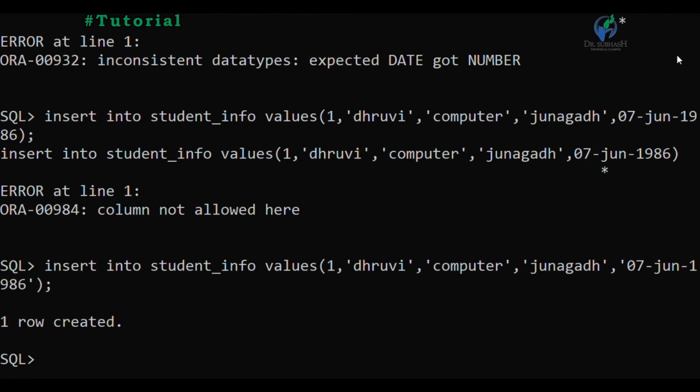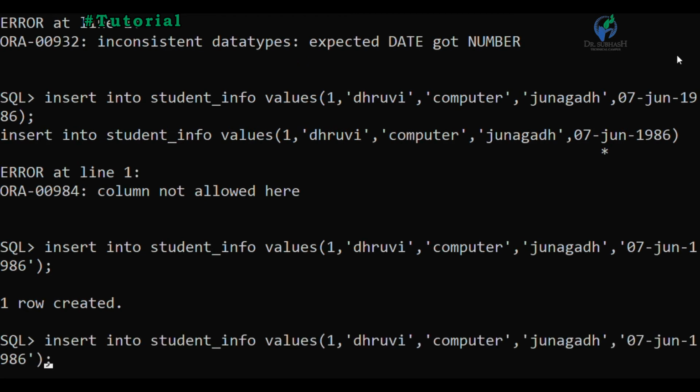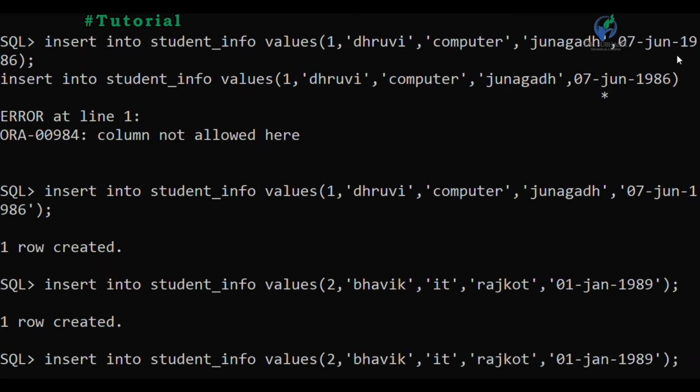Similarly, in your exercise you insert 10 different records, but right now I insert only 5 records for our reference. I change some of the data here, you can see that. After the insert, the second row is created.